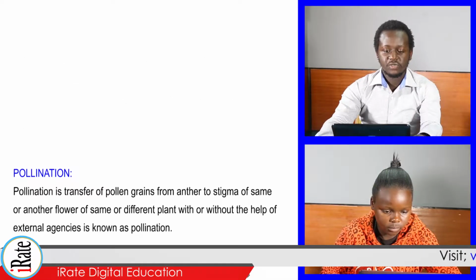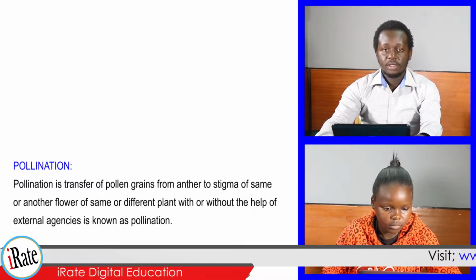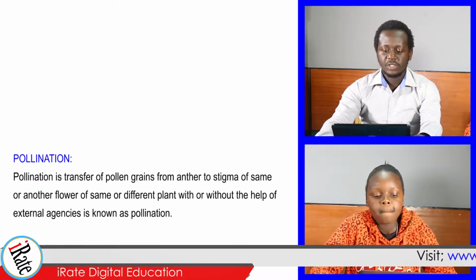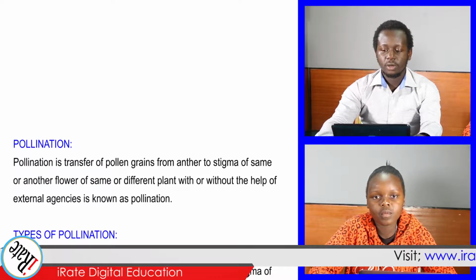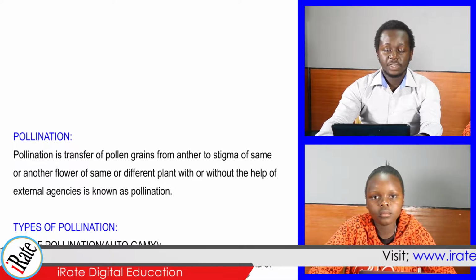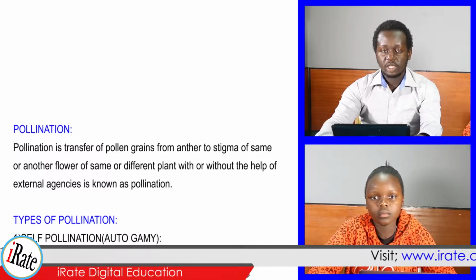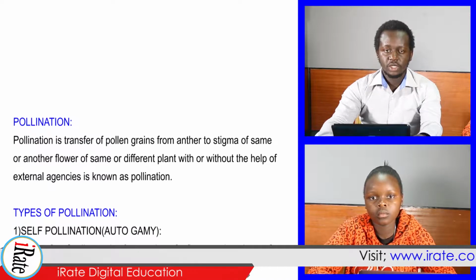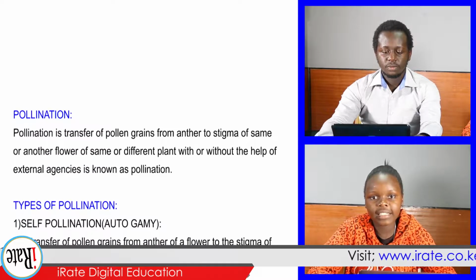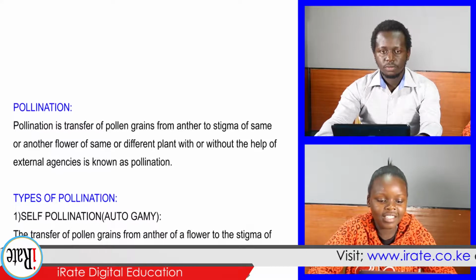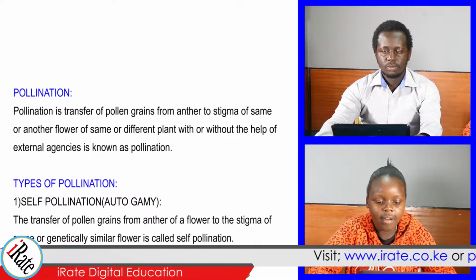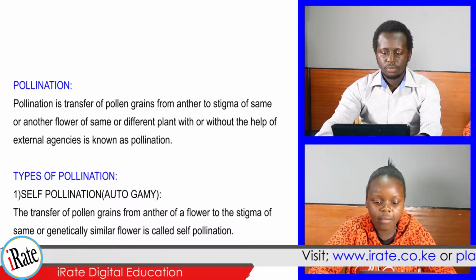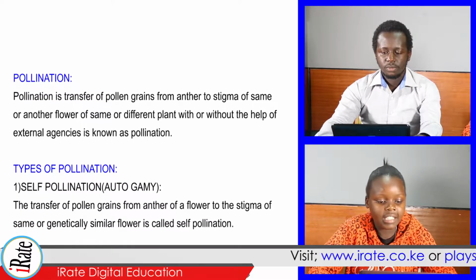Pollination is the transfer of pollen grains from the anther to the stigma of the same or another flower of the same or different plant, with or without the help of external agencies. Types of pollination. 1. Self-pollination, that is autogamy. The transfer of pollen grains from the anther of a flower to the stigma of the same or genetically similar flower is